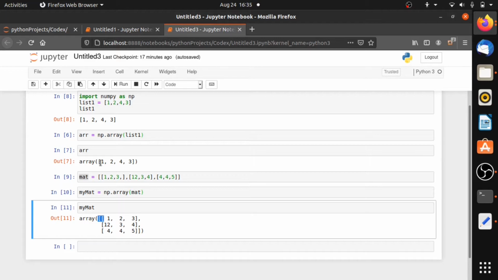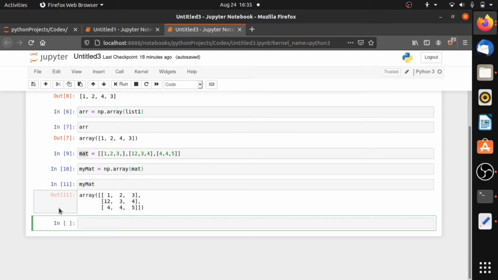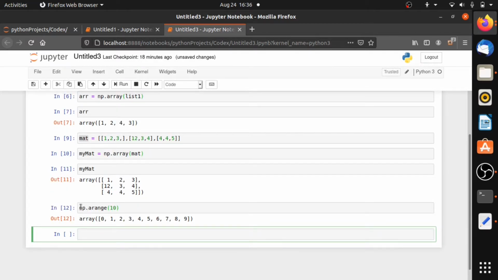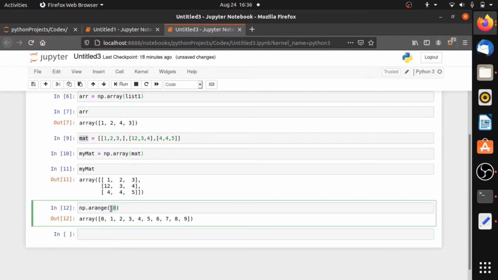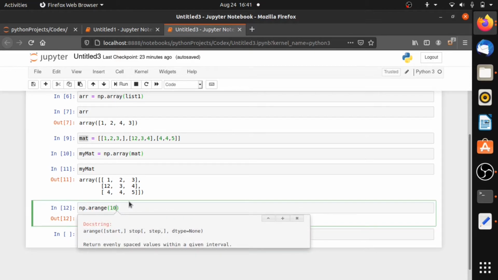Another function that we are going to learn in this lecture is the arange function. Let's see by using the arange function. I have imported NumPy as np, so I am using np.arange, let's say 10. Now let's see what this function does. See here, I wrote np.arange with 10 as its argument. The output has been displayed as 0 to 9. Now let's see what the arguments that we input in this arange function are. Press shift and tab. Here the first one is start, the second one is stop, and the third one is data type.